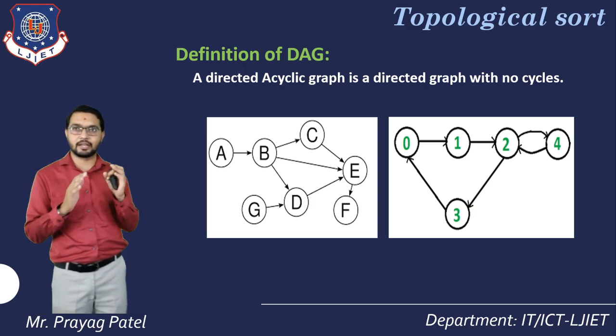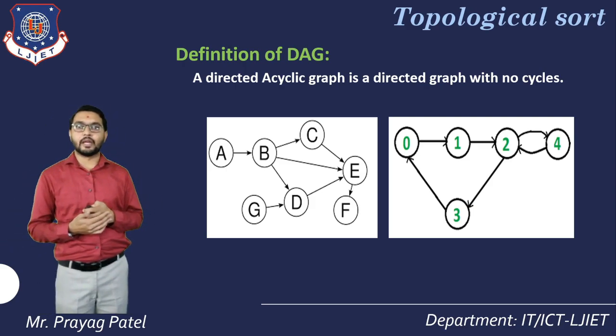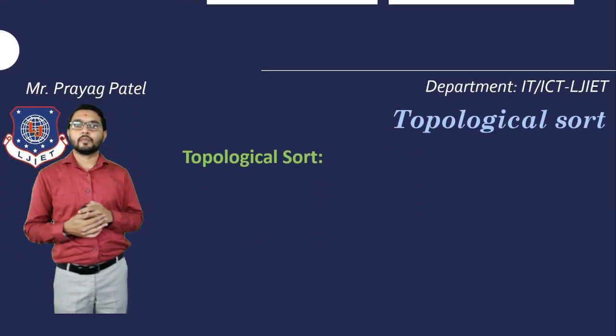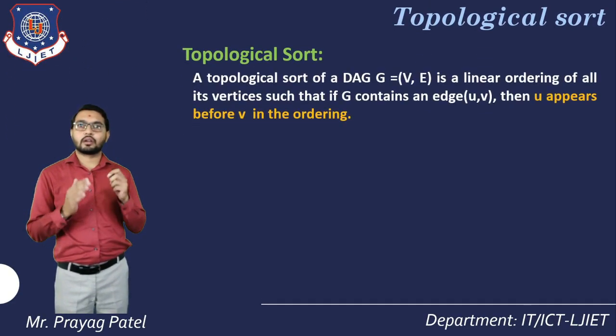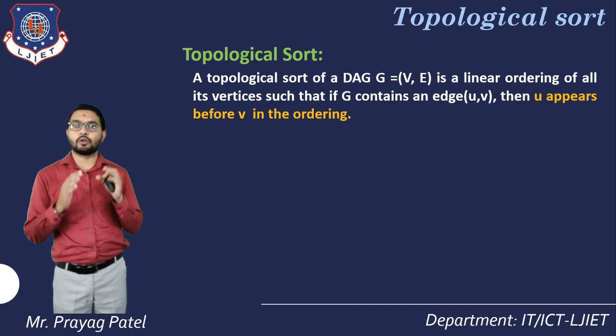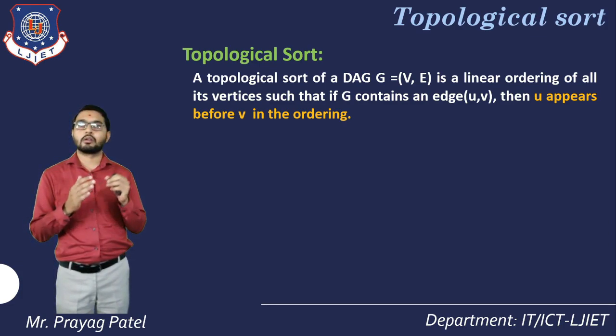So this graph is considered a cyclic graph. Now consider the topological sort order. What is the definition of the topological sort order? A